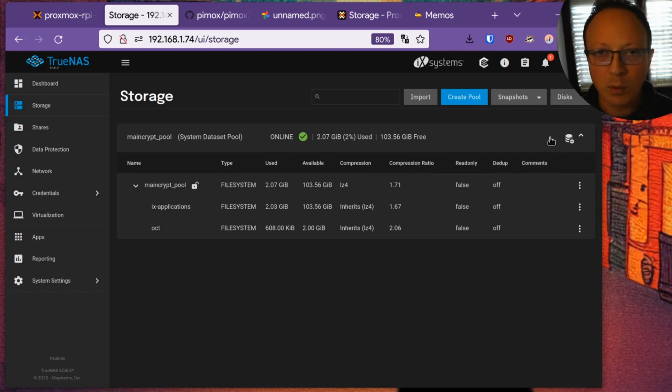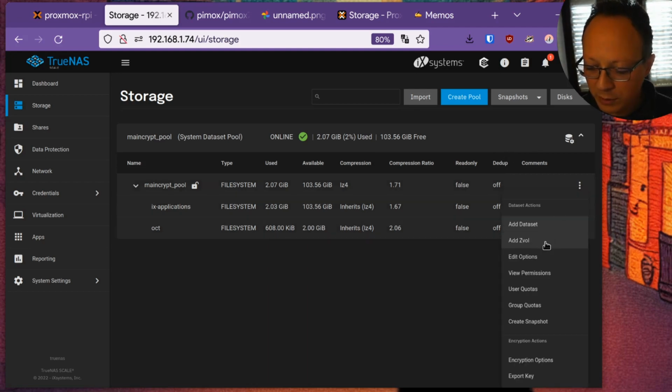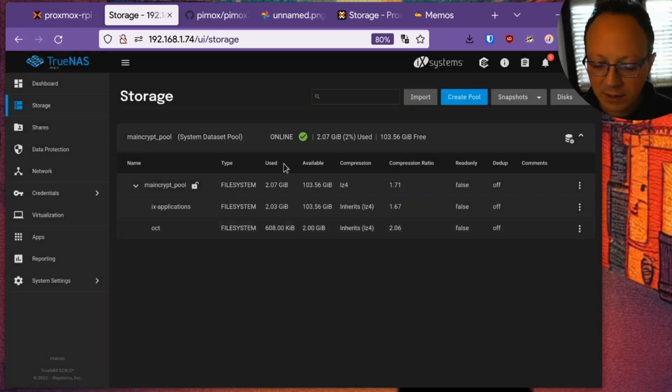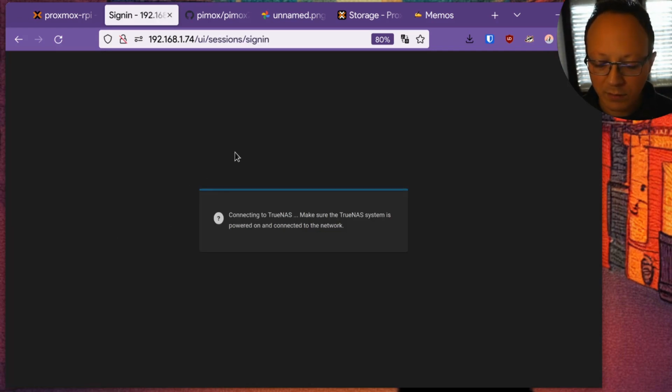So if you want to create a mirrored pool or different kind of RAID configuration, this is the main pool, which can also be encrypted with ZFS encryption, and it supports encryption with a key file or with a passphrase. And this is not the main operating system, it is a pool for the data.